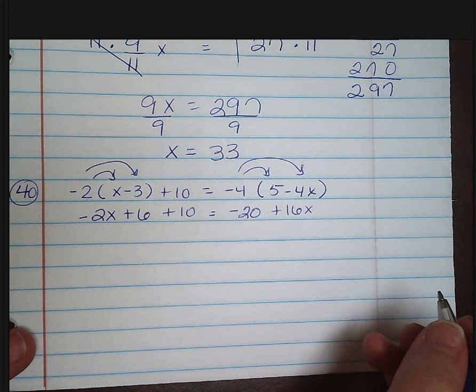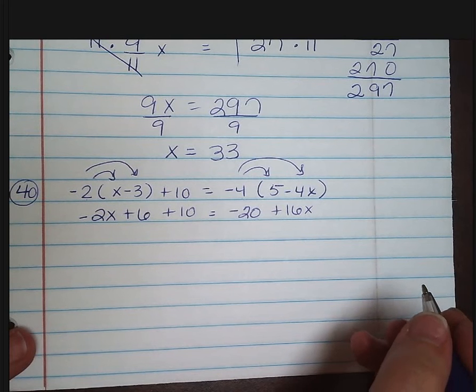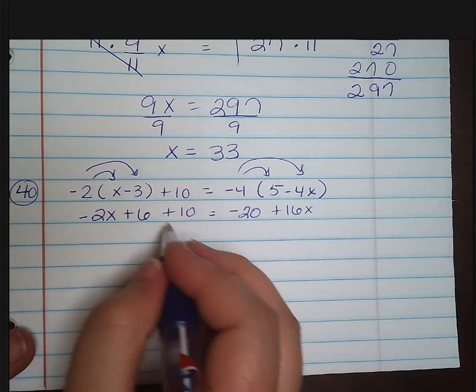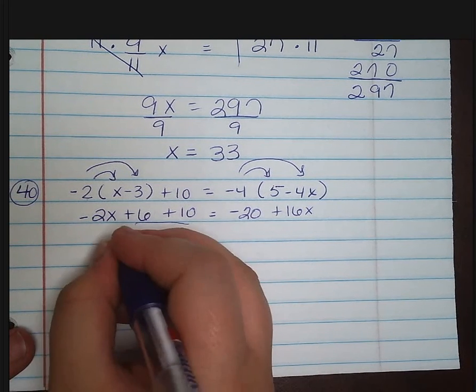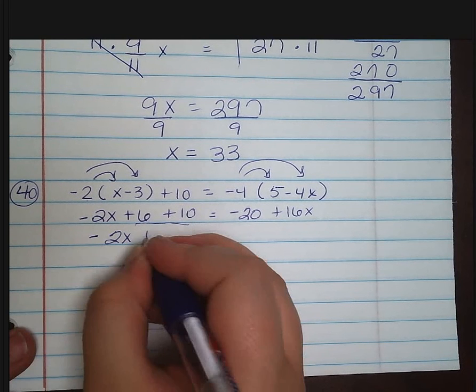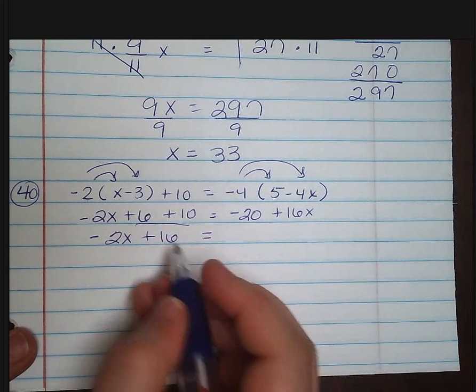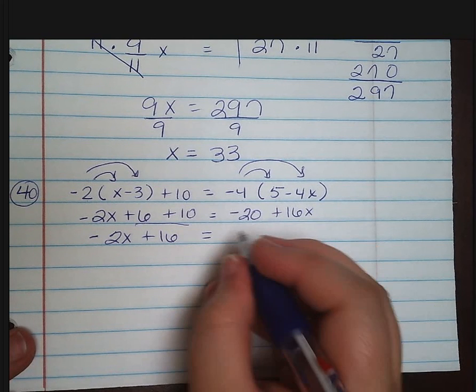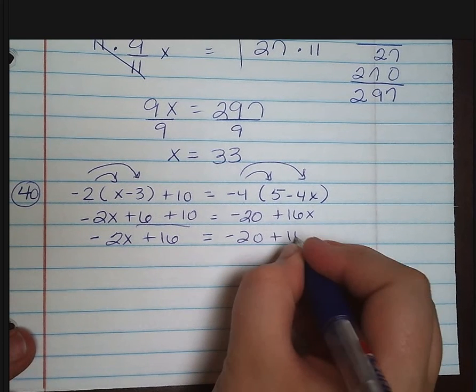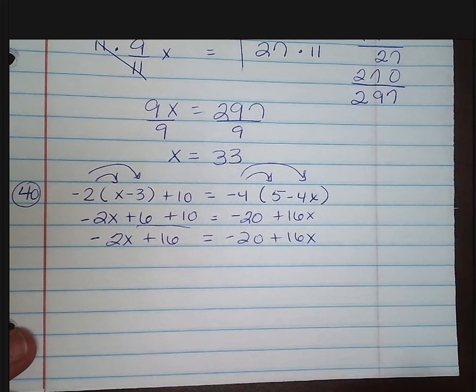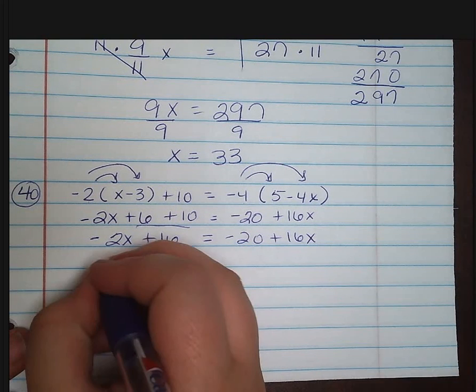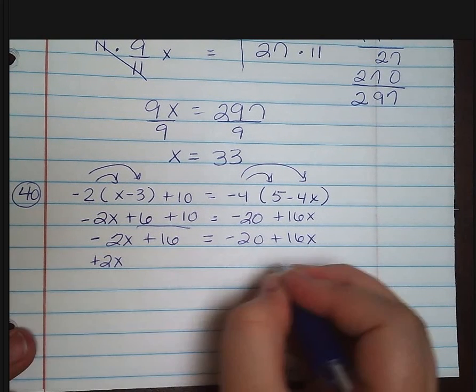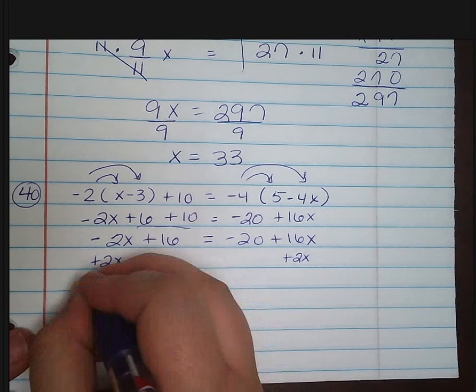Then you're going to combine your like terms. My like terms over here are going to be 6 and 10. So we should have -2x plus 16, because 6 plus 10 is 16, equals, and there are no like terms over here, so we can just bring everything else down. So now we want to get all of our x's on the same side. So you move the smaller one. So we're going to add 2x to both sides